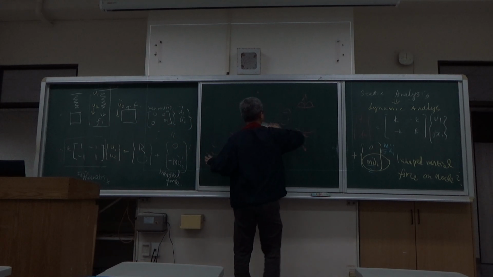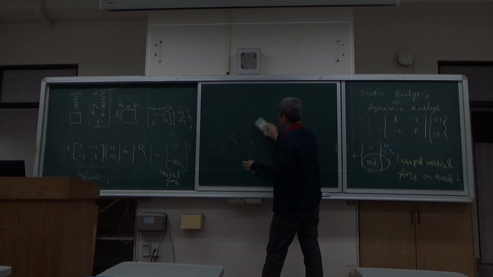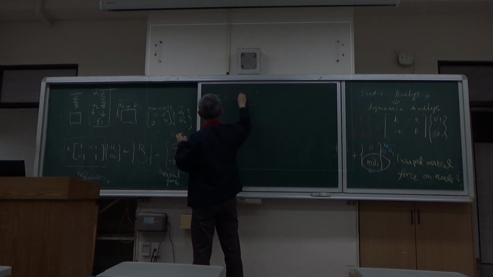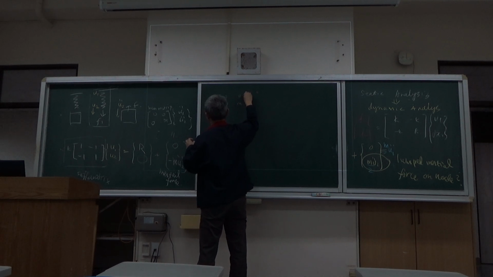Why do I write them that way? Because if I write them that way, then I can do grouping. This is 0, 0, 0, m times